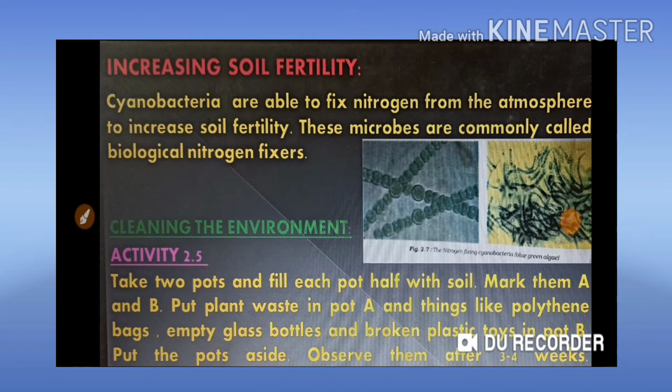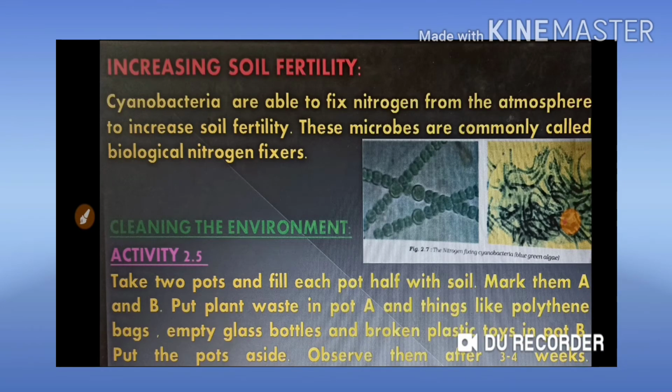Okay, so today we'll discuss increasing soil fertility, meaning how soil will increase its fertility and what is the reason behind it. I keep telling you often that this is a very important point. I discussed it in the 7th standard, and now once again I will come back to how soil increases its fertility. So today we'll see what the reasons for this are.